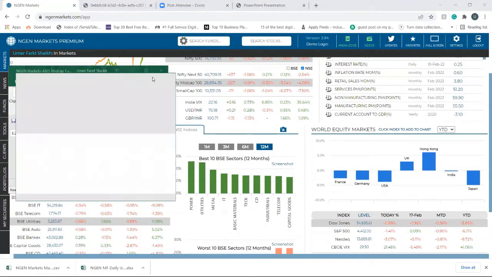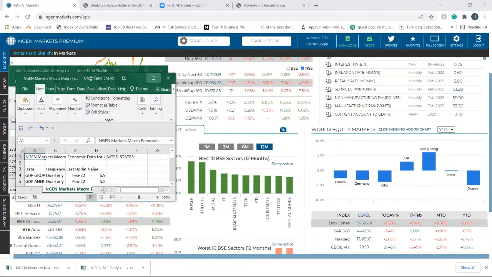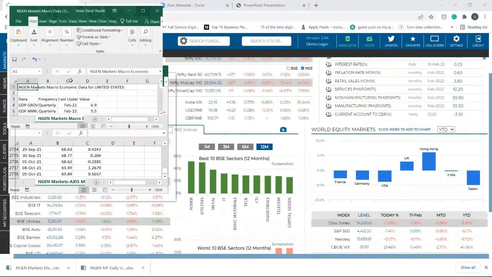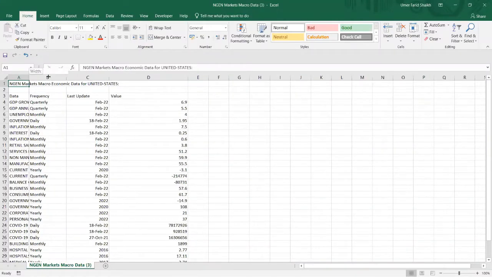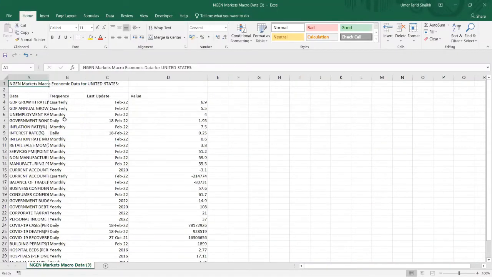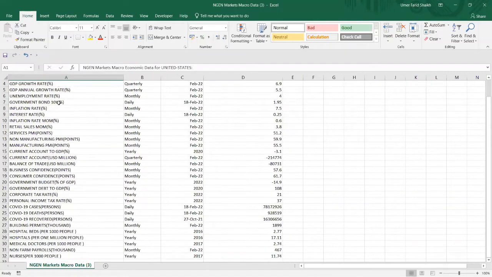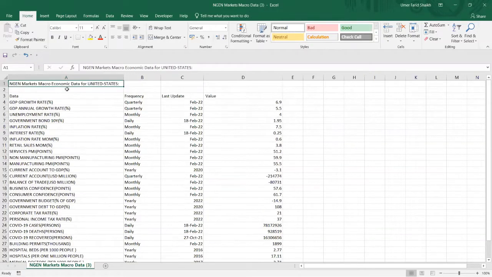So this is the macroeconomic data of United States. Here you can see the entire GDP growth rate, the inflation rate, everything, the frequency of the updation, the last update, and the value of the data. So this is how we actually update the data, and then you can use this particular data